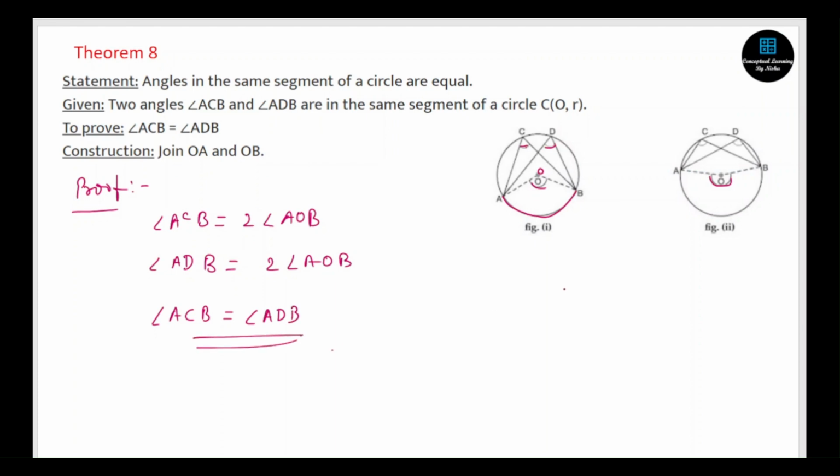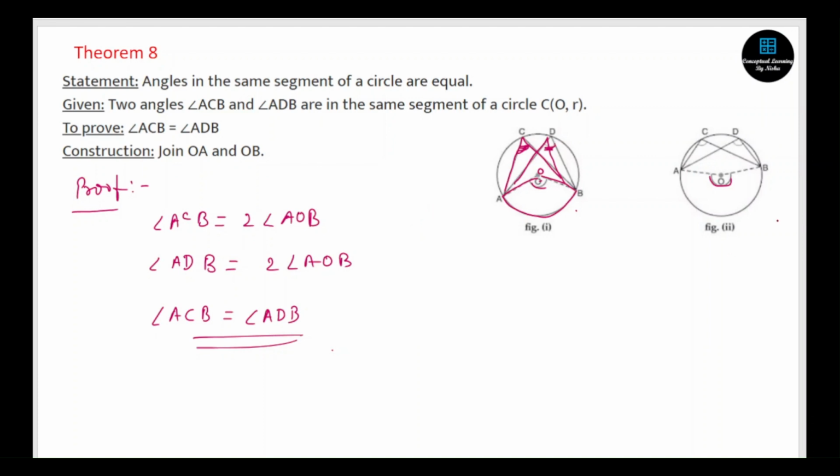Now see, this theorem is very useful in solving questions, and I'll tell you a trick. No one is going to give you this trick to remember this. Just understand this as the face of a cat. Let's say this is the face of a cat, and these are the ears of the cat, this and this. You have to remember these ears are equal. Remember this trick. This is going to be super helpful in solving the questions.